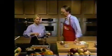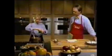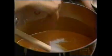It's almost velveteen. I'm going to add some brandy. This is 2 tablespoons. You could also add dry sherry to it. I'm going to add it right at the last moment. Season it. And I'm just going to add a pinch of cayenne, because I know who my company is, but...